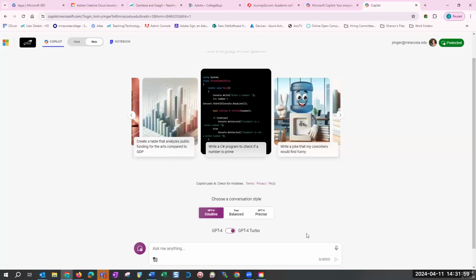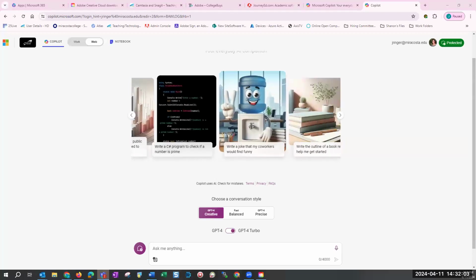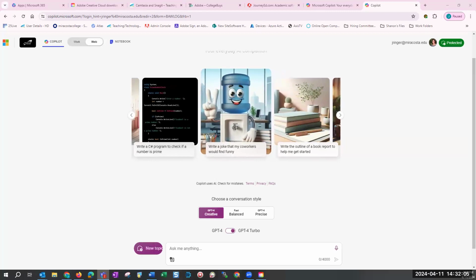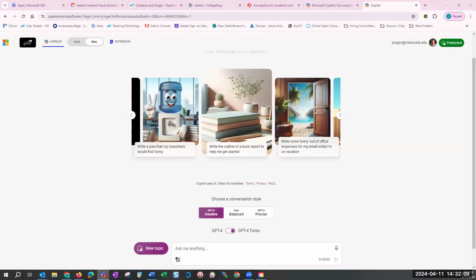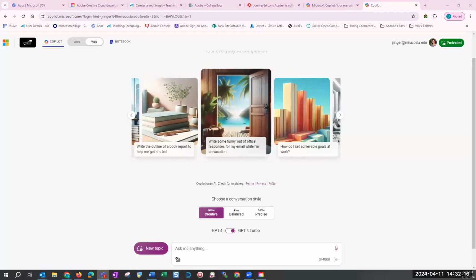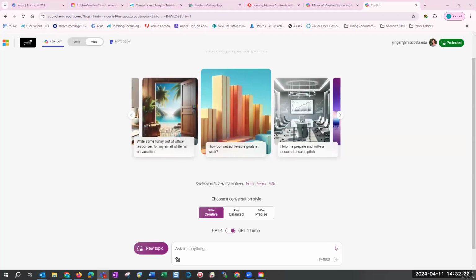You'll still have the three types, but they won't explicitly say that you're using the latest model, which is GPT-4, and you won't have the turbo or the other one. You'll still have very similar functionality and you'll get very similar results. It's just we're paying quite a bit extra for Jill to experiment and play with this. And it's not feasible for staff to have that level of access. It's very expensive. Okay, thank you.